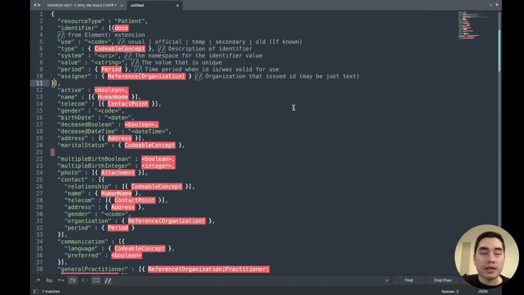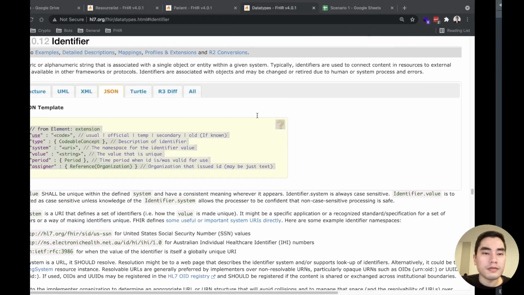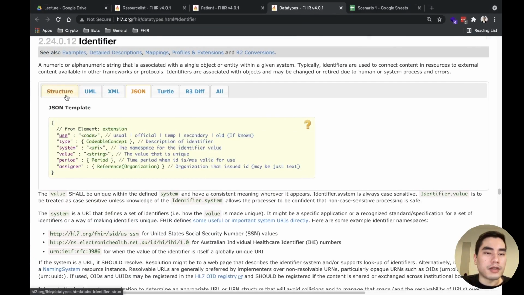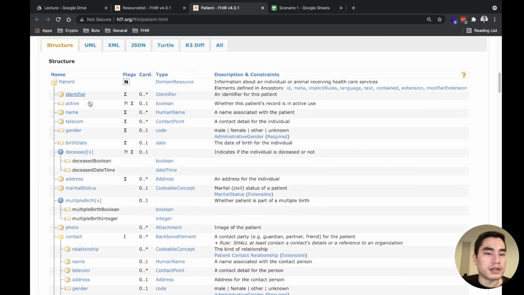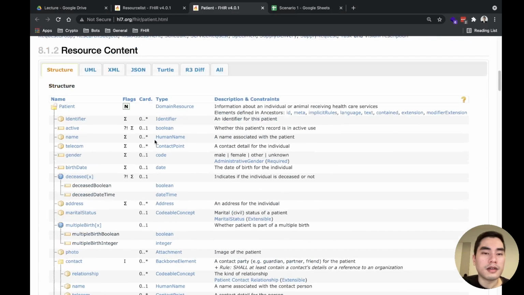So I would say it's not quite convenient. But the good thing is that doing it like this, you will not miss any element here.